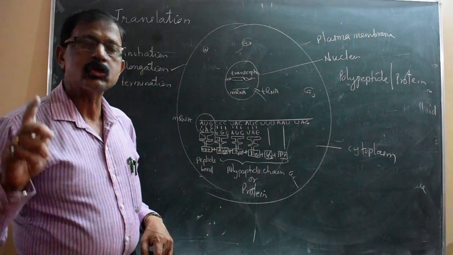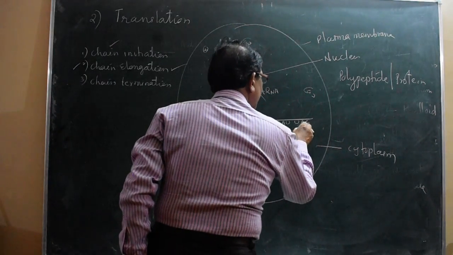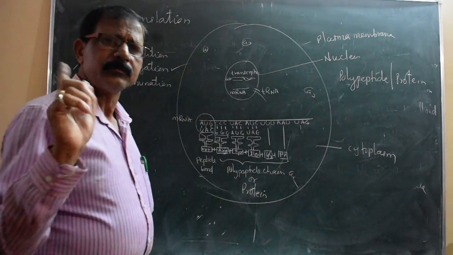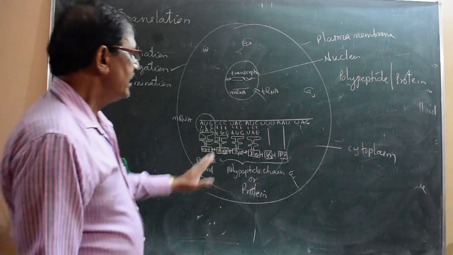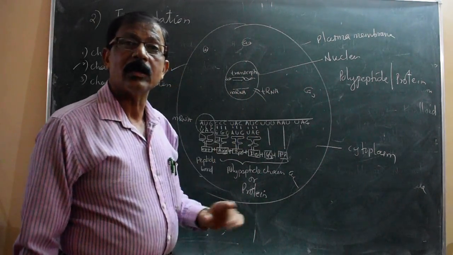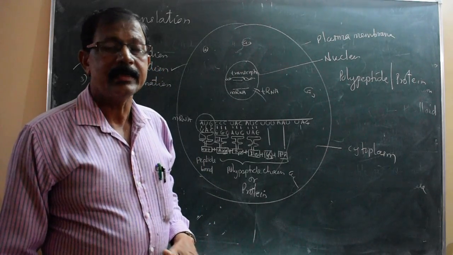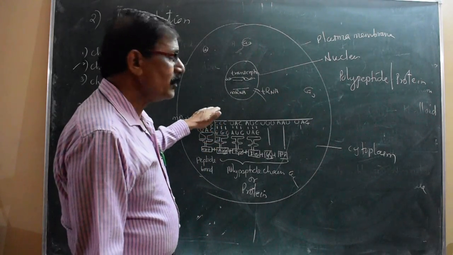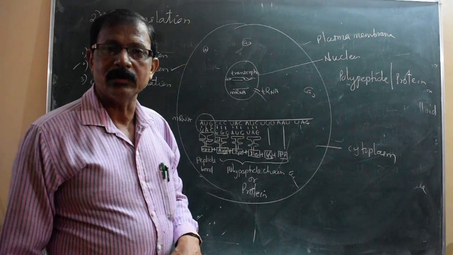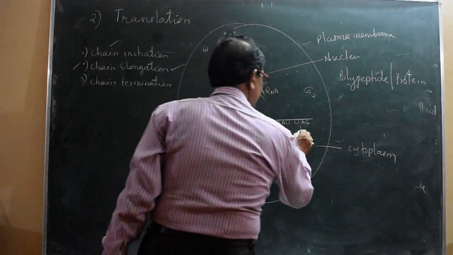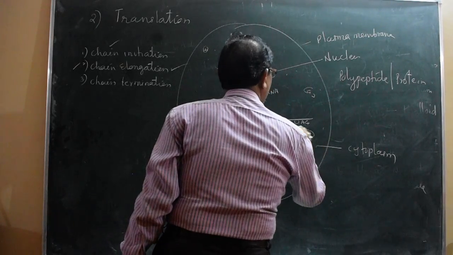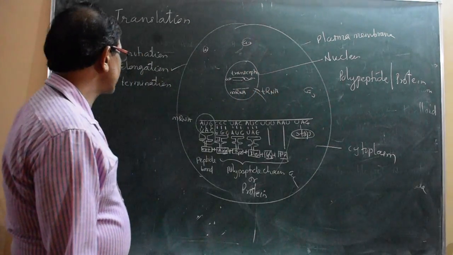UAG is a stop codon, and there are no amino acids or anticodon for this. This stop codon is also called a nonsense codon. It has no sense, so no amino acid binds to it. So there is no tRNA for this, and in this way the protein synthesis stops, and